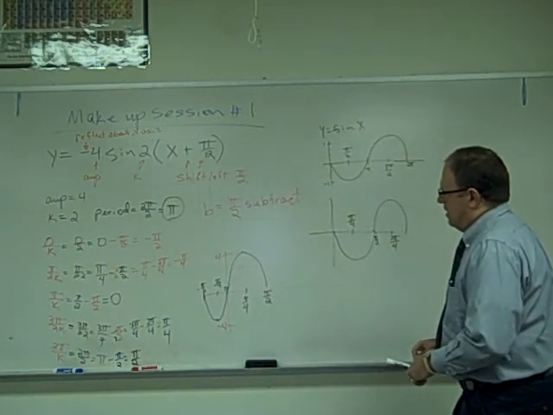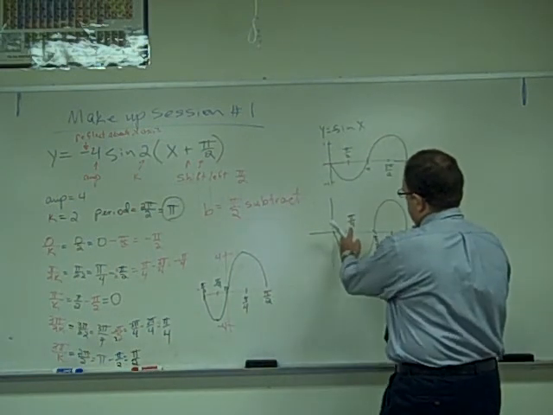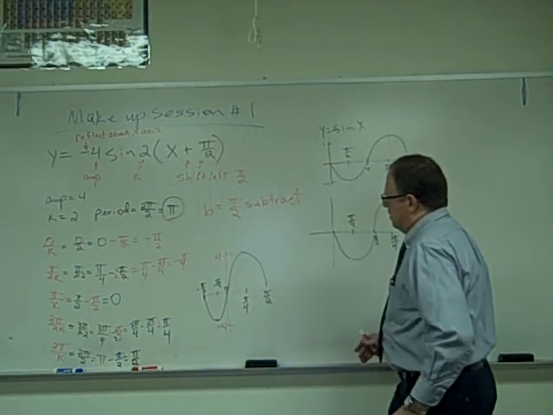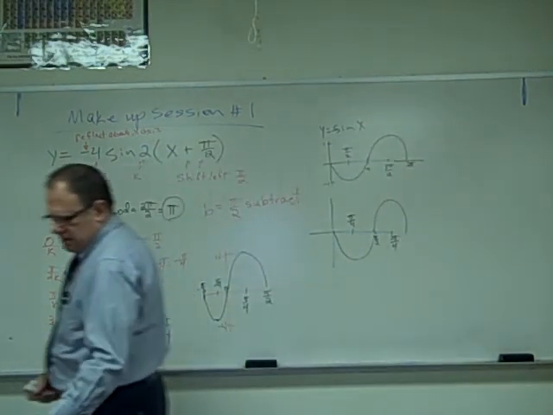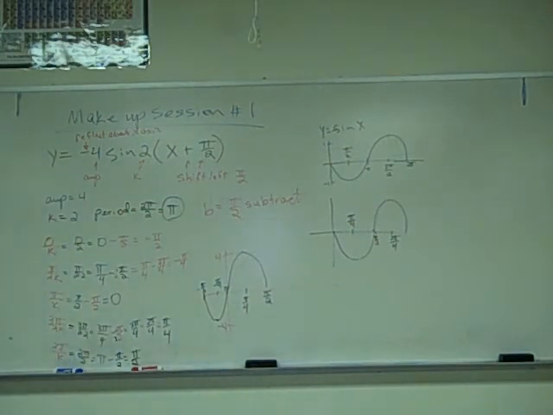Okay, and there's our graph. So our graph shifted to the left by pi over 2. All right? Any questions with that? All right, let's take a look at